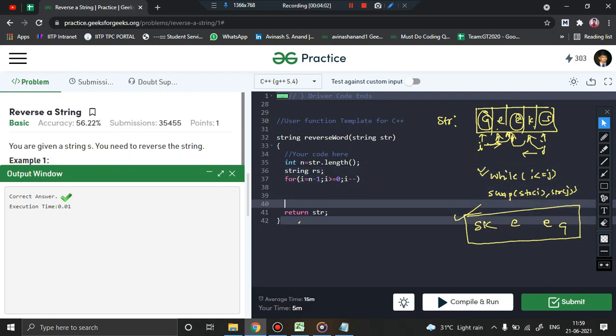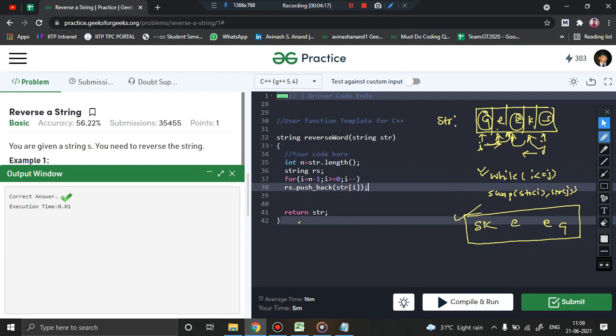While you are traversing this particular string from right to left, you can just push the characters into this new string, right? rs dot push back str of i.